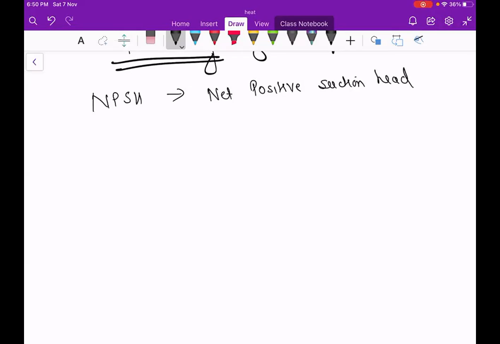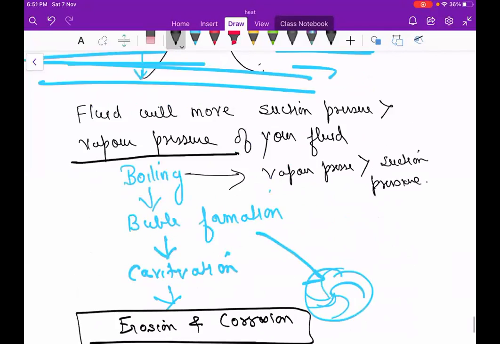We are not talking about the delivery. We are only talking about the suction. Okay, this is a very important point. We are just dealing with the suction part of your pump. We are not dealing with the delivery point of your pump, because what will happen,